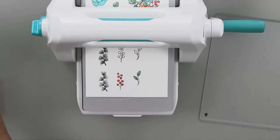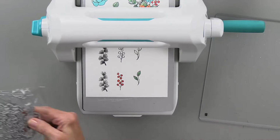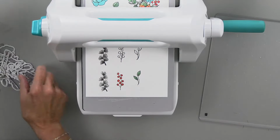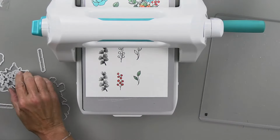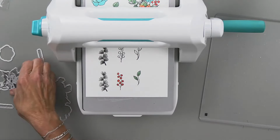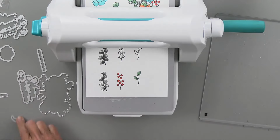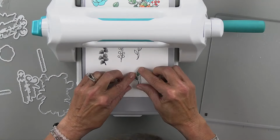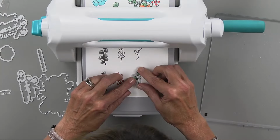So let me find my die set. Now, it would have been nice if I had taken a little initiative to put these all on the magnets. So I'm going to have to pick through them a little bit, but we'll find them. It might take a minute. They're pretty easy to see what's what here. Okay. Hopefully I didn't lose any at home because I've been traveling back and forth with these. Now I am using the magnetic mat, so hopefully...